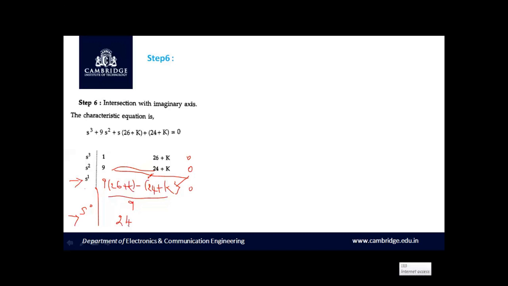Therefore, the first element of the s to the power 0 row will be 24 plus k. Let me simplify this expression. 9 into 26 will be 234 plus 9k minus 24 minus k divided by 9